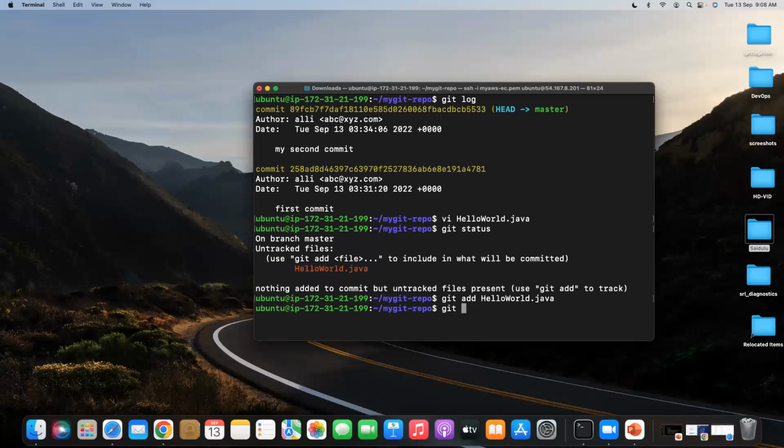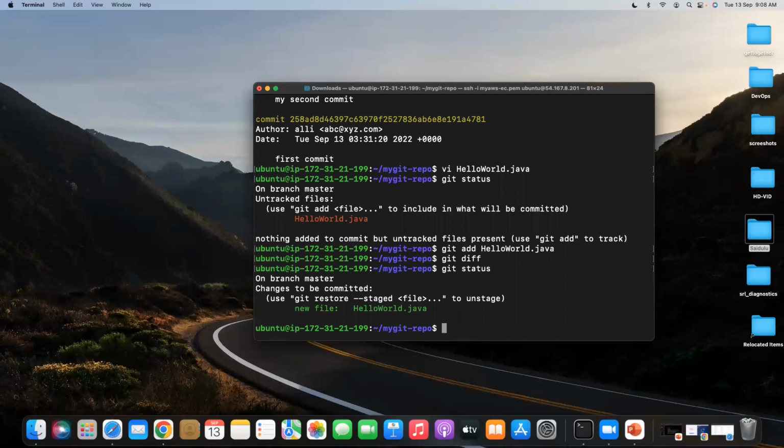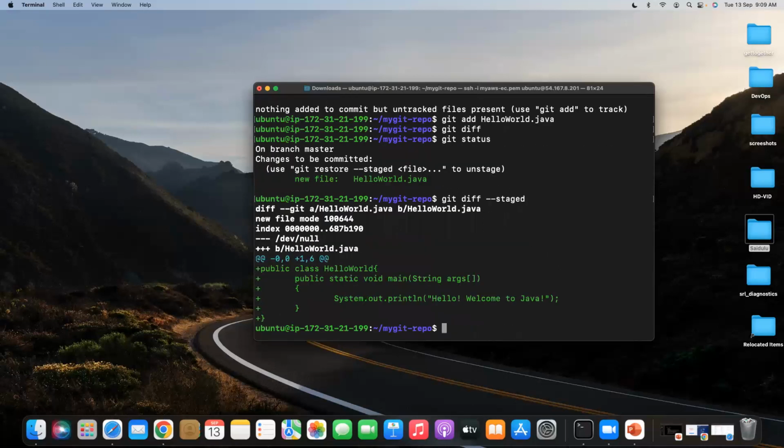Okay, now git diff, right? This is not the same, right? Why? Because nothing is there in the working directory, but there are some changes in the staging area. If you want to see the changes in the staging area, you need to give git diff --staged, right? Now you can see this is the new file and this is the new content. If you commit this file, git commit -m created